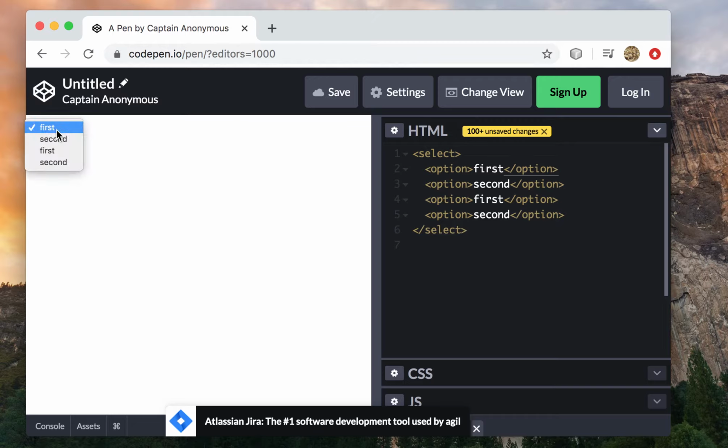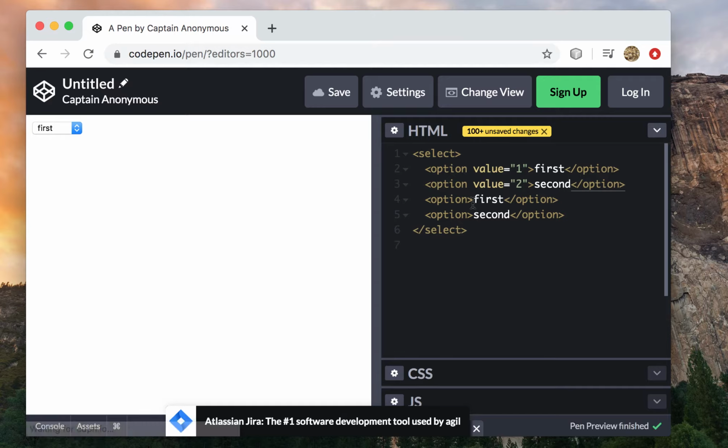And if we want to programmatically have a different value set, we can use the value attribute. So that means if you have this in a form, you can access with JavaScript or post the data of the value rather than the inner HTML. And that's useful because you might need the data in a slightly different format than the user wants to see it in. So for example,